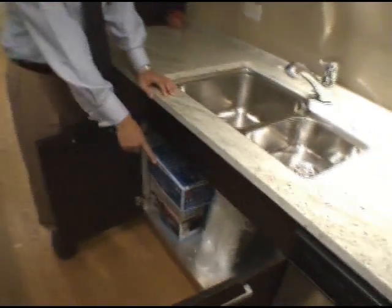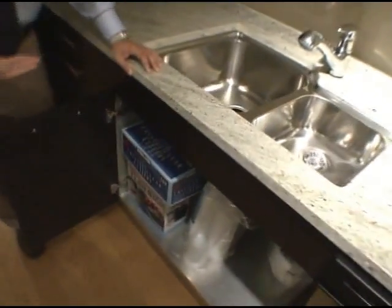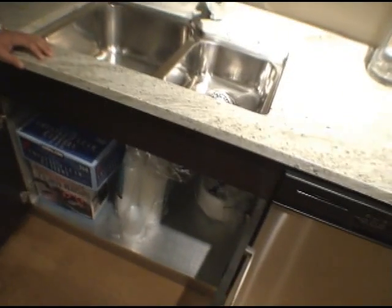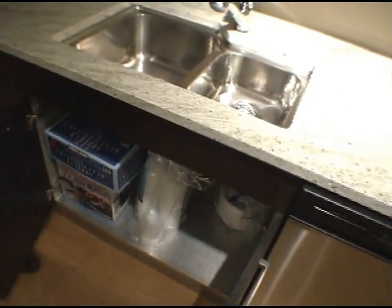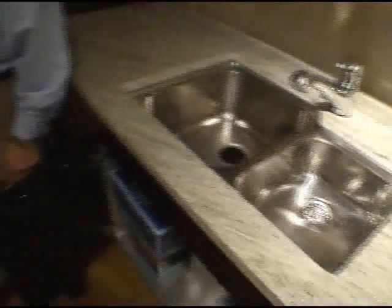You can see it's finished in a brushed stainless steel. This is just good for aesthetics, wear and tear. In the event you do have a leak one day, it's very easy to clean. You don't have that metal bar in the middle. Most of them have it, correct. Stainless steel that's supporting the...